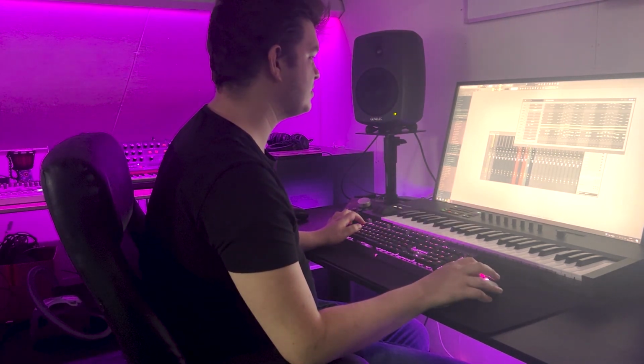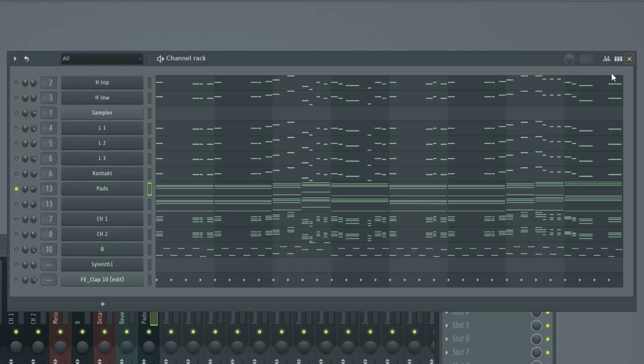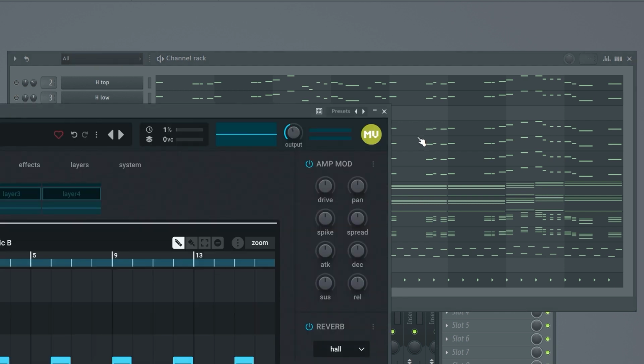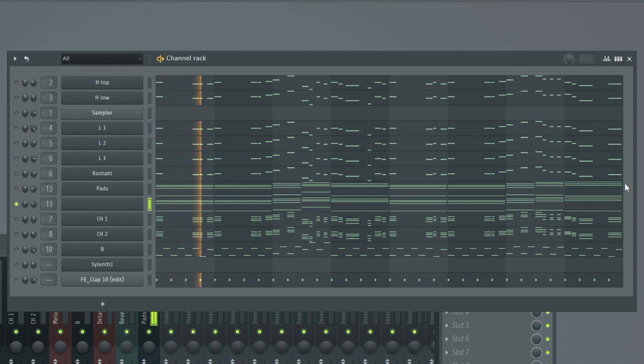Then we have the pads. I think it's a Nexus. I think those are quite interesting chords. Now, then we have an ARP. I actually did the ARP indexes here. I think it's a nice progression. Then right here we have the chords,